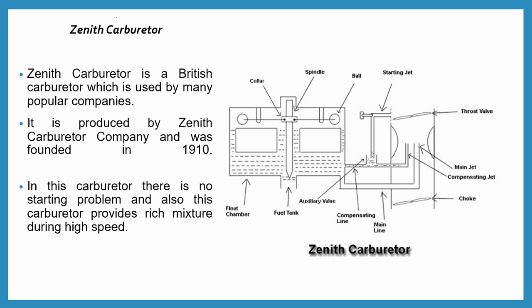Now coming to another kind of carburetor, which is known as the Zenith carburetor, which is part of the constant choke carburetors. The Zenith carburetor is a British carburetor which is used by many popular companies. It is produced by the Zenith Carburetor Company and it was founded in the year